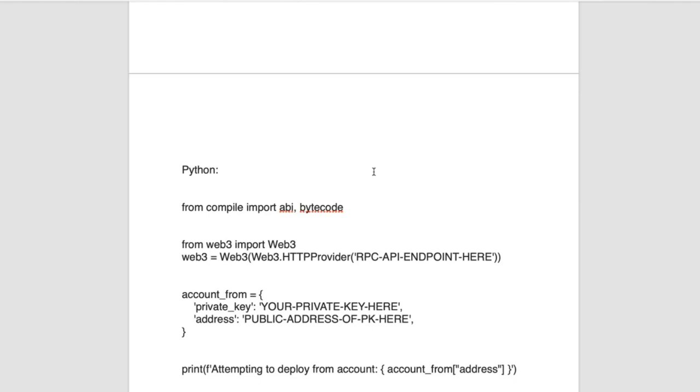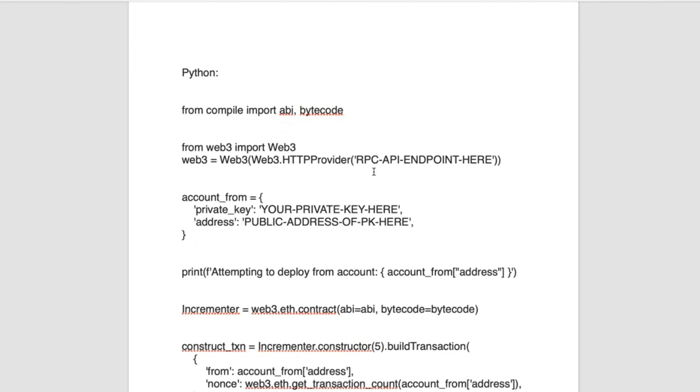You can name it deploy.py or .js, and the deployment script file must complete several steps, including importing the ABI and bytecode, setting up the Web3 provider, defining the account from the private key, creating a contract instance, building a constructor transaction, because a constructor is like any other function, and you need to call it in a transaction and sign that transaction and then send it using the send raw transaction function that we mentioned before, and wait for the receipt by using the function that returned